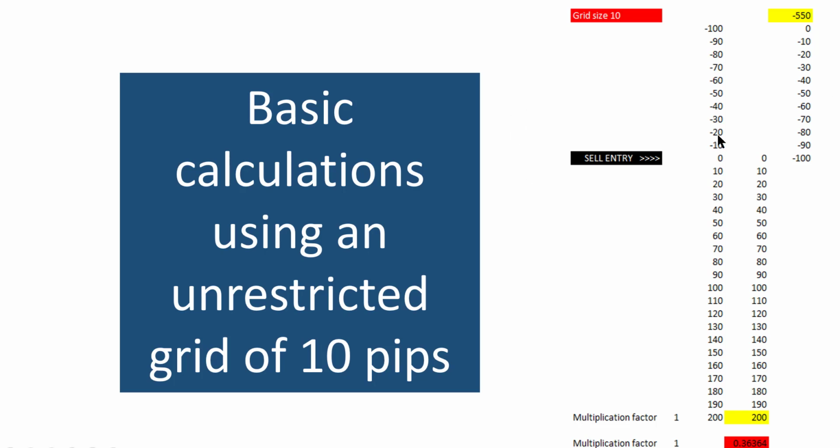All right, so let's have a look. Let's say we enter a sell at that particular point, and then suddenly the price goes right down 200 pips straight down, and what will we have made? We will have made 200 pips because it's gone 200 pips down. But with a Grid Trend Multiplier, it actually cashes in every 10 pips. So it goes cash in, cash in, cash in, cash in, cash in, cash in, and we will have made